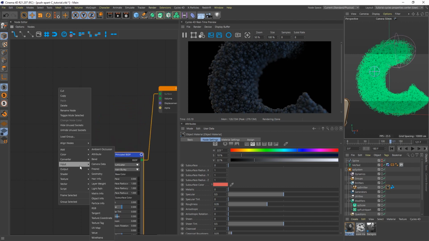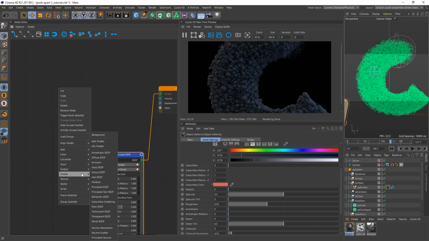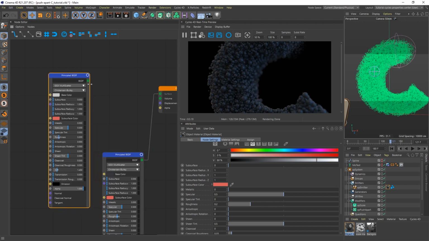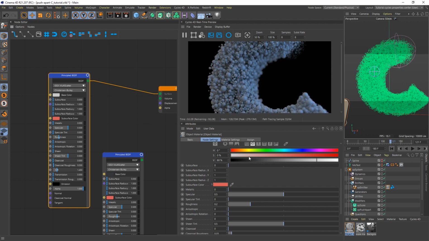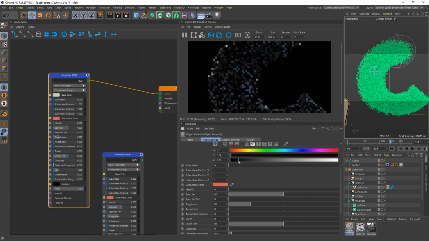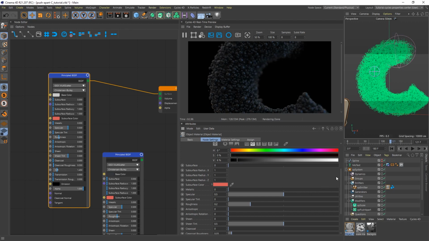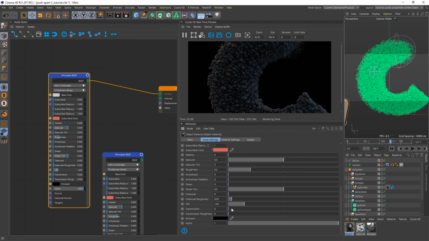So I'm going to go right click and do shader. And I'm going to do another principled shader. And I'm going to pipe that in right away. And let's see. This one, I'm going to have really dark, just around 5, 6 to 6. And I think that's good. I'm going to keep almost everything at its default, except I'm going to enable transmission. So we have a transparent material. And the IOR is set to 1.45. So what I want to do now is that this transmission material, I want to have an emission material